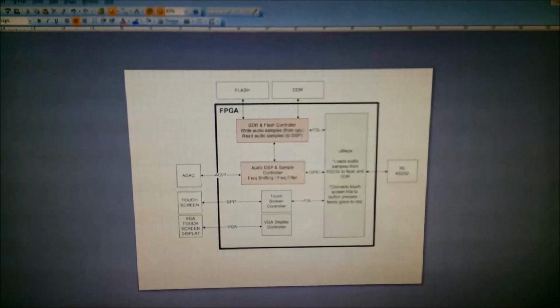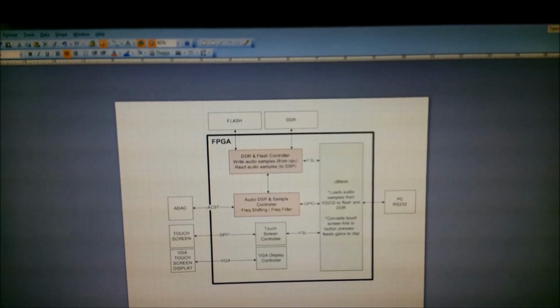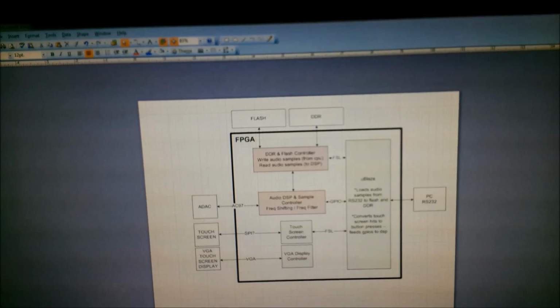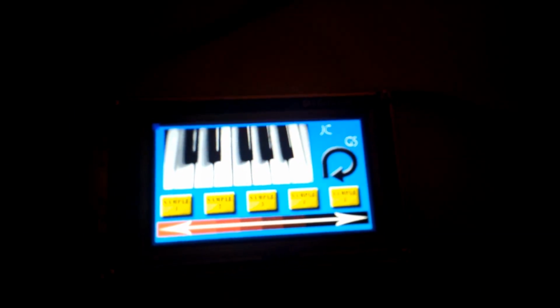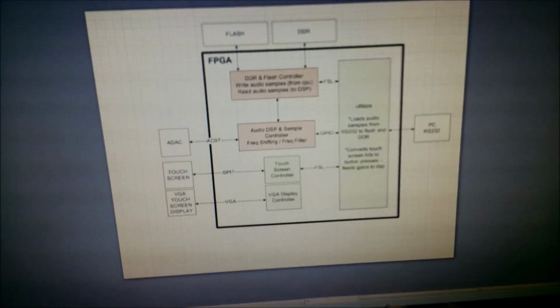Switching over to the block diagram, it shows all the innards of the FPGA that we programmed and loaded in. We got the MicroBlaze, which talks over the RS-232 to the computer, and that also controls the touchscreen. The VGA controller is displaying an image on the LCD display, which is just being read out from a RAM. And all the buttons and keys on the display, the CPU will process every time you hit one of them,